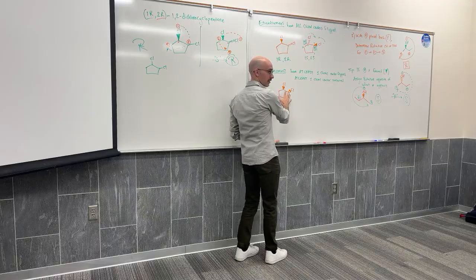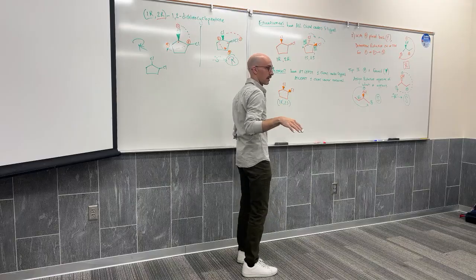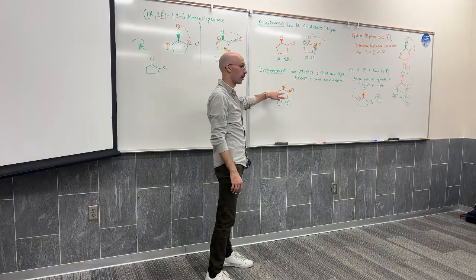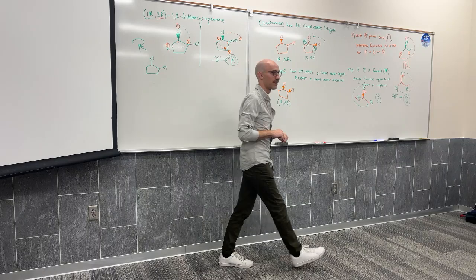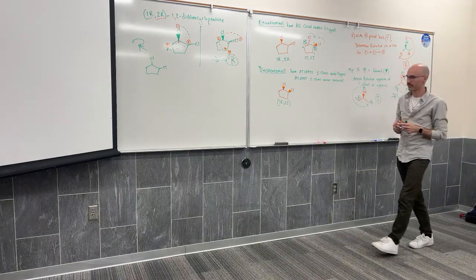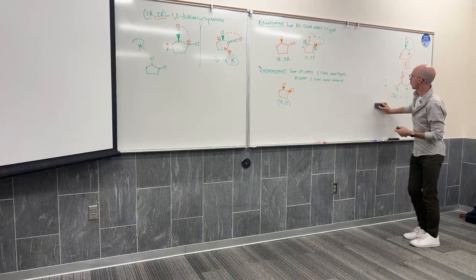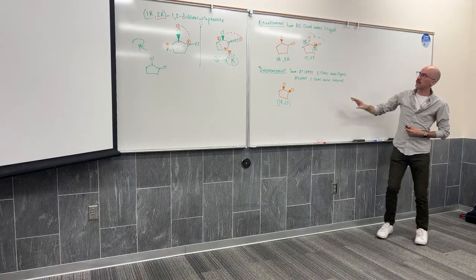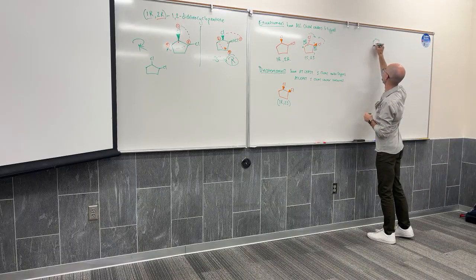If both of these were dashed, I think you'd agree, Aaron, I could get there by just scooping this and flipping it like a pancake. My wedged groups, after it flips, are going to be dashed groups. So if they were both dashed, it would be the same molecule. Not another diastereomer. Okay? There's some reactions we do this semester where the products formed are enantiomers of each other, and other products that form will be diastereomers of each other.